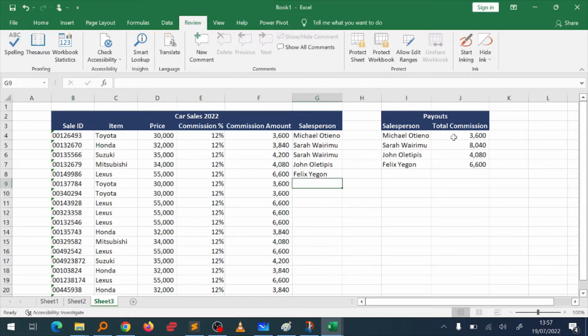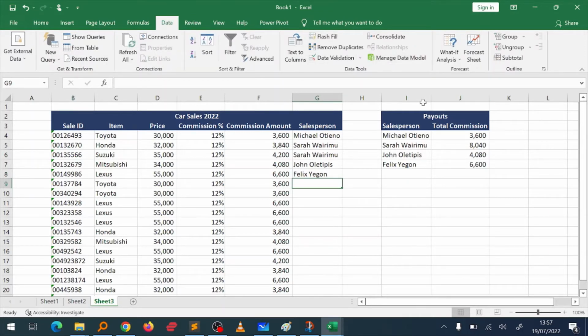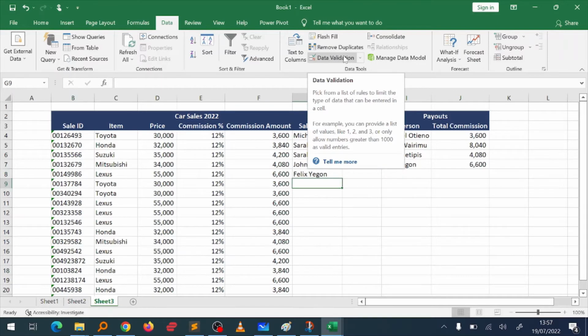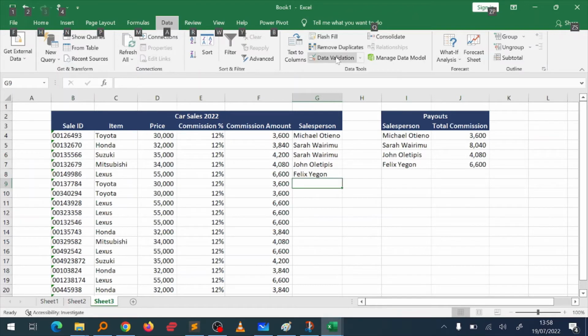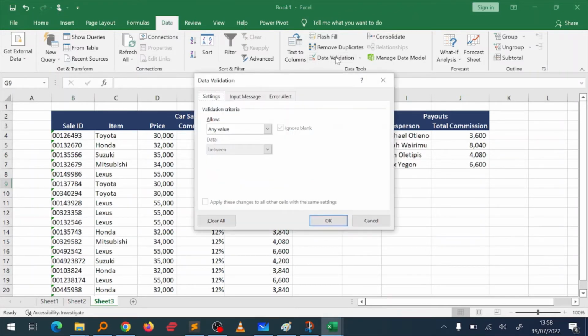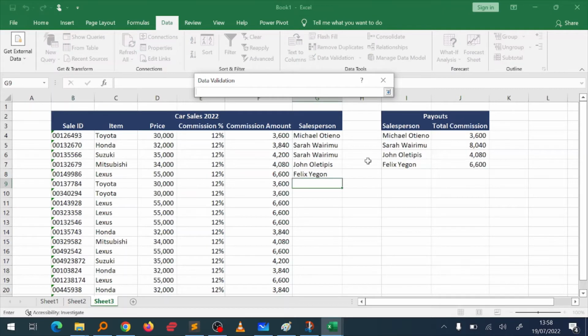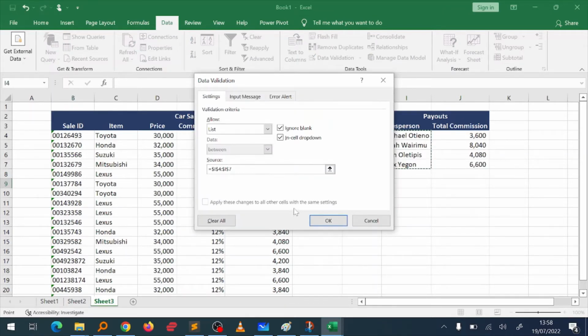So that's where data validation comes in. So in data validation, what we want to do, we want to go to data here, and then you can see this part here written data validation. You click data validation, allow not any value, you want a list, and that list will create a source here, and the source will be these names here. Enter. Okay,